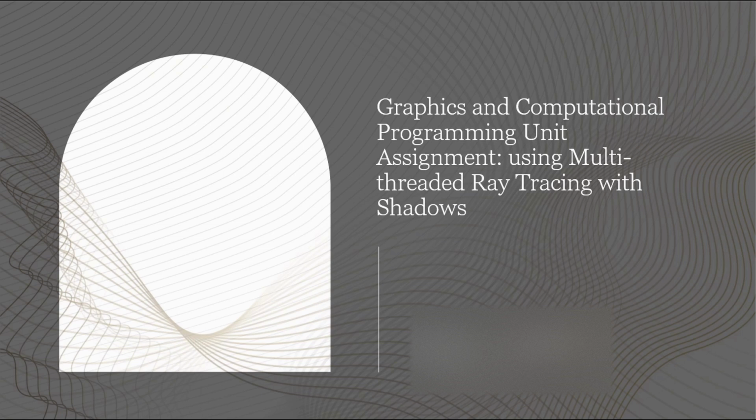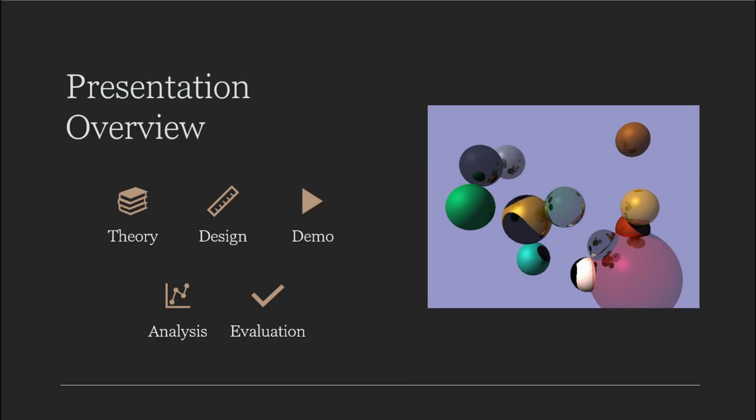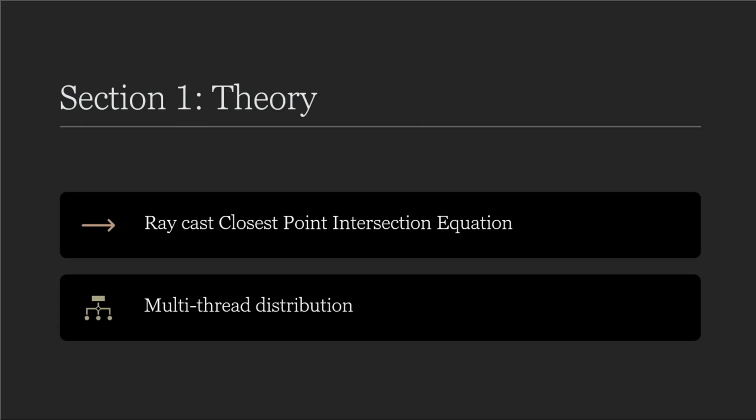And this is my Graphics and Computational Programming Unit assignment presentation. We'll begin by discussing my theories, the design, I'll show a quick demo, and then an analysis and evaluation of my work. So in this theory section, we'll go over the closest point intersection equation and then move on to